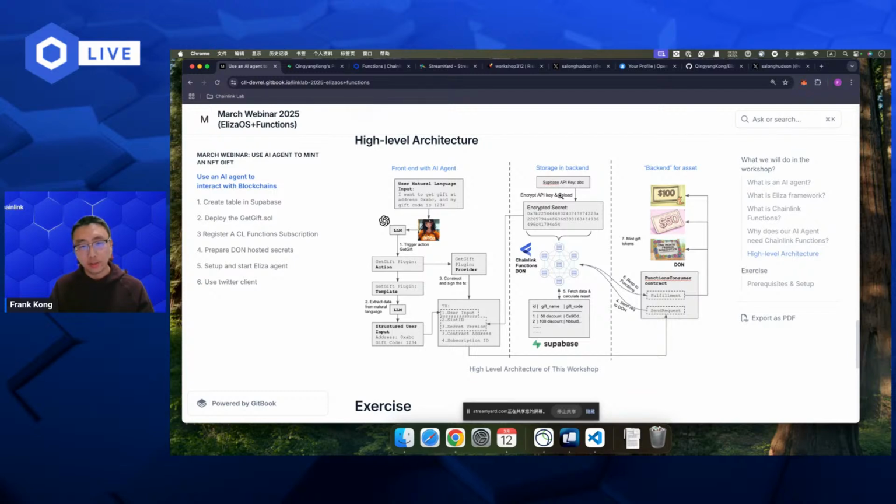Maybe your question is, why do we have a centralized database in a Web3 decentralized application? Well, the reason is that usually in the design of a decentralized application, you cannot put everything on the blockchain, because using the blockchain is very expensive. Every transaction, every interaction your end user has with the blockchain smart contract, they need to pay the gas fee.